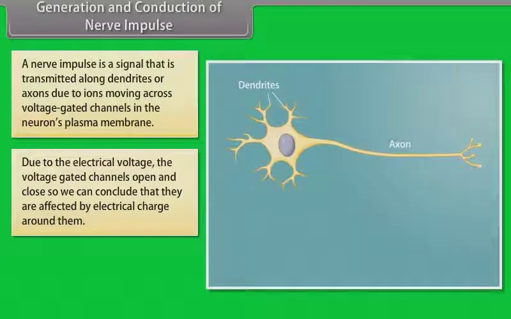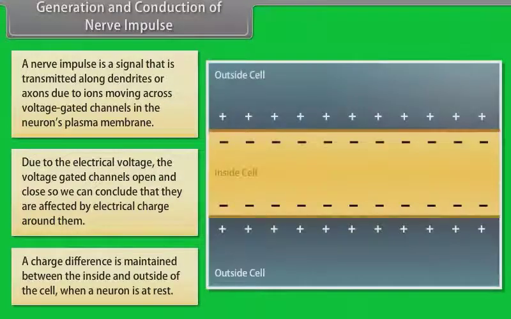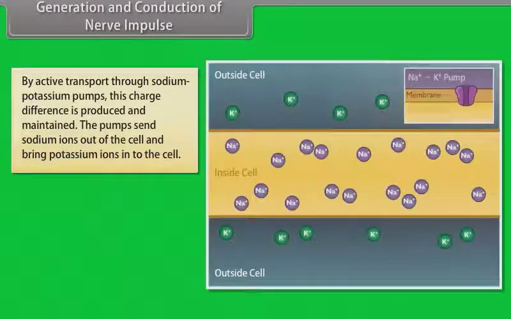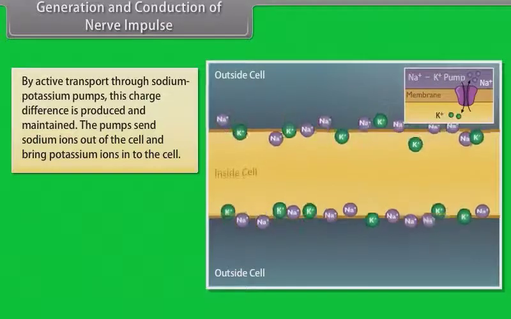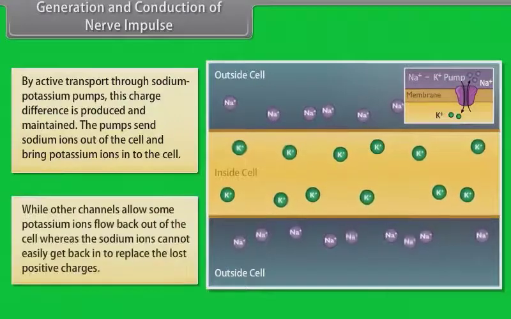electrical charge around them. A charge difference is maintained between the inside and outside of the cell when a neuron is at rest. By active transport through sodium-potassium pumps, this charge difference is produced and maintained. The pumps send sodium ions out of the cell and bring potassium ions into the cell, while other channels allow